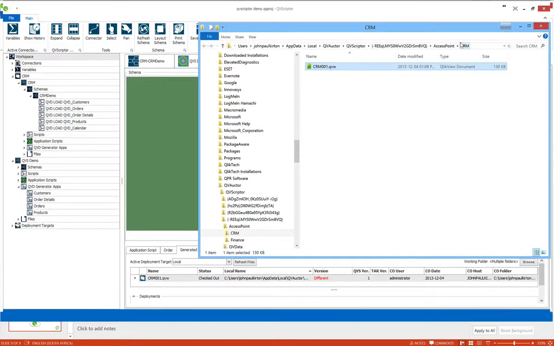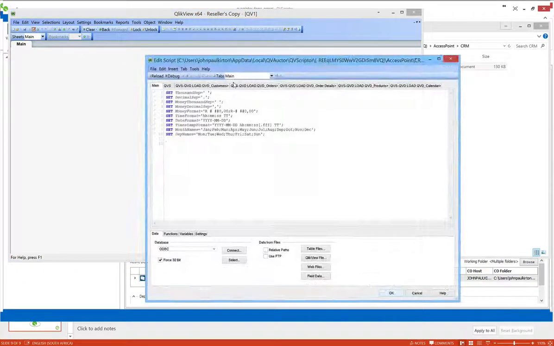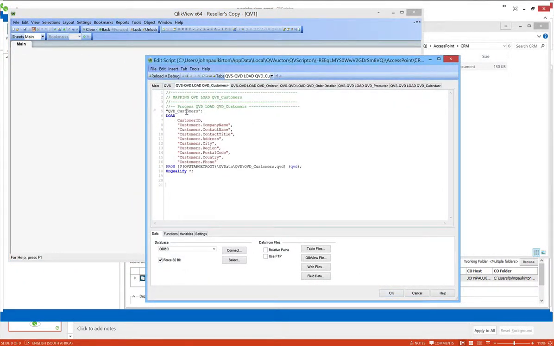So I can now point QV server to go and reload that application for me. Or it will be scheduled to reload in any event when the QVDs have been updated. So if I open that application and I now look at my script that has been generated by QVScriptor, you can see here QVScriptor will tell it to load the different fields and the data from that customer QVD directly. The same with orders, same with order details, product, and calendar. So what I can do is reload my data,